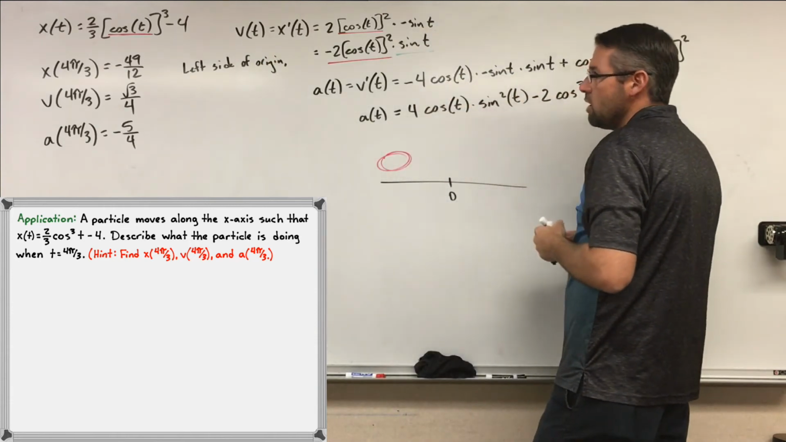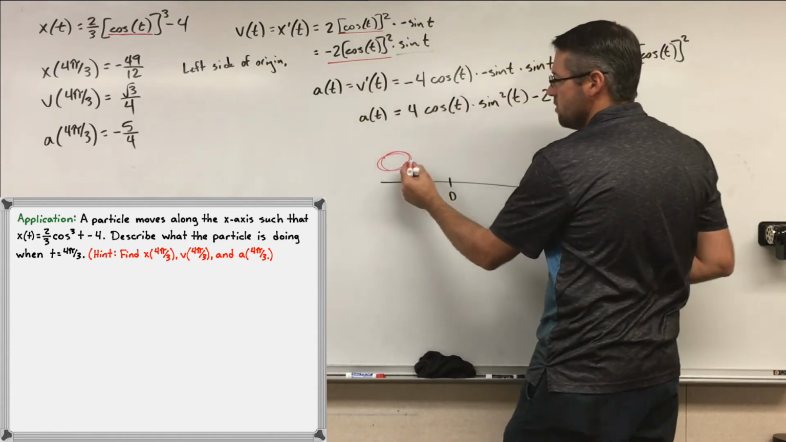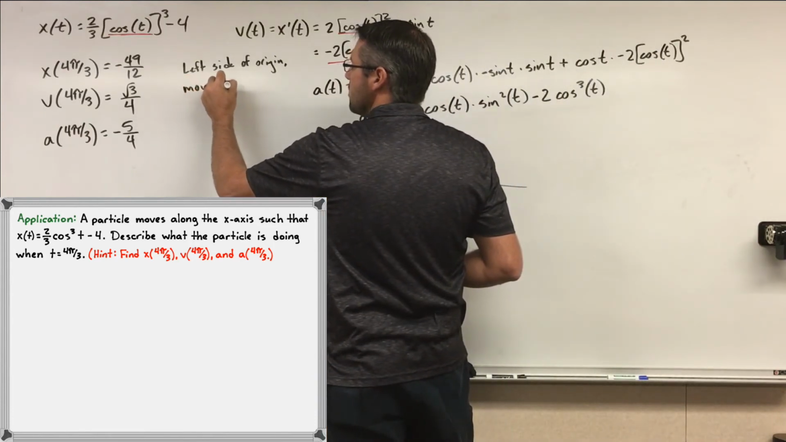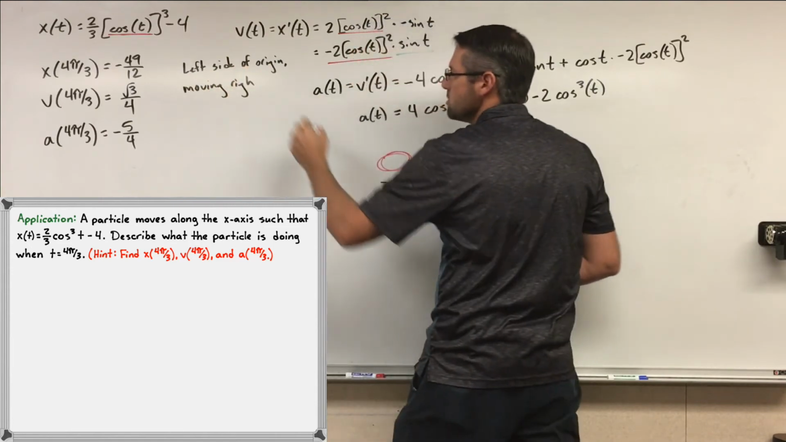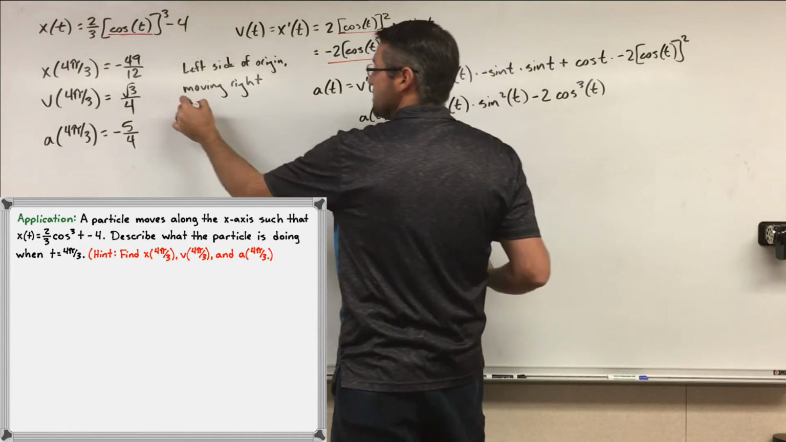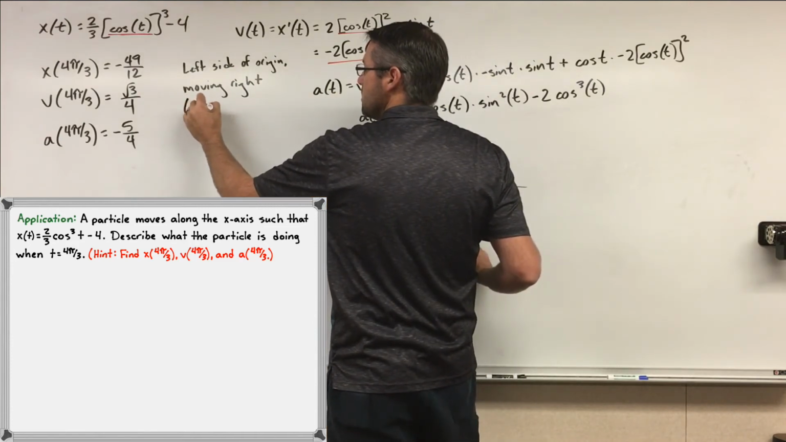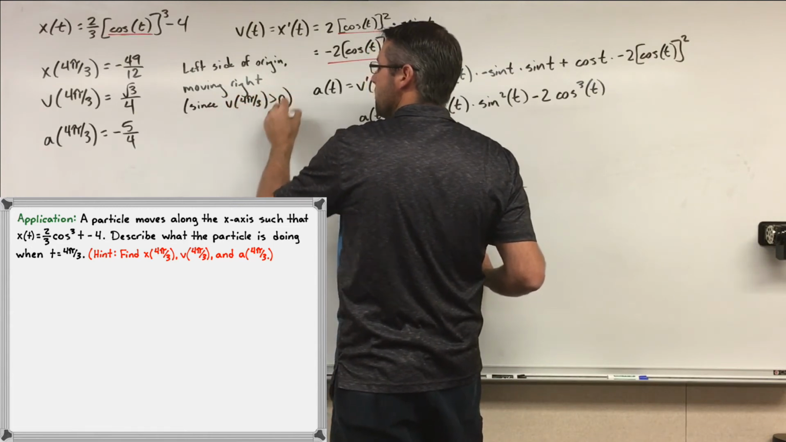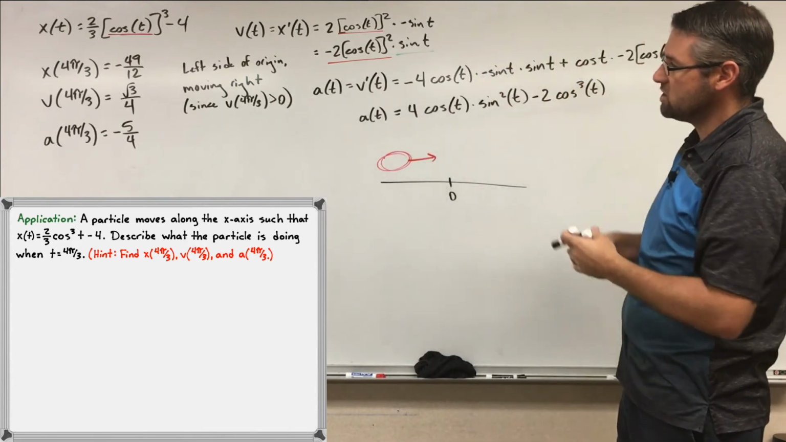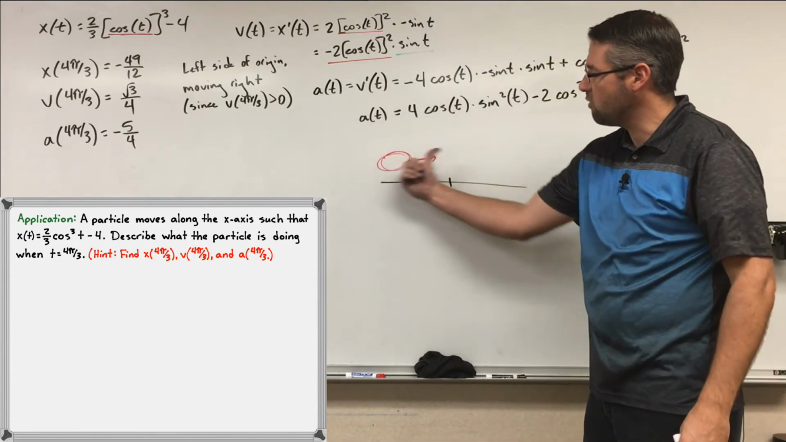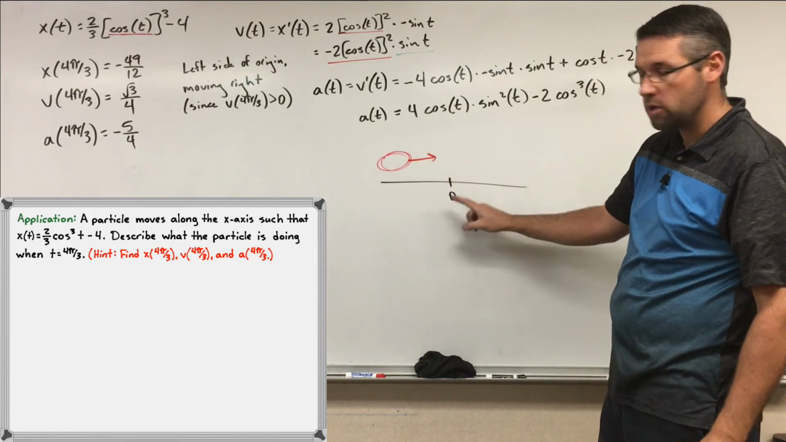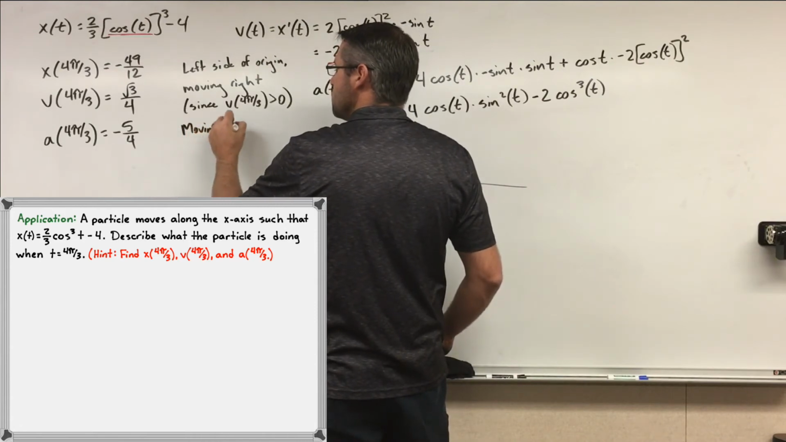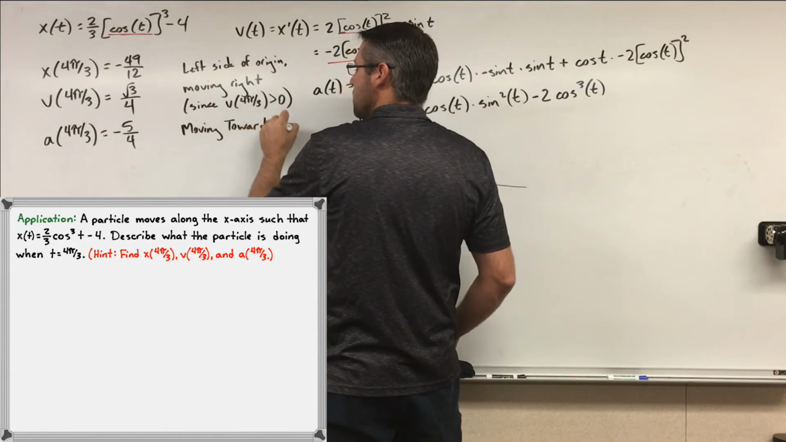And since the velocity is positive, that means I'm moving to the right. So I would say moving right. And I would justify that since v of 4 pi over 3 is greater than 0. Okay? But I can add one more step to that, or one more idea. Since I'm to the left and I'm moving right, that means I'm moving toward the origin. So we could say moving toward the origin,